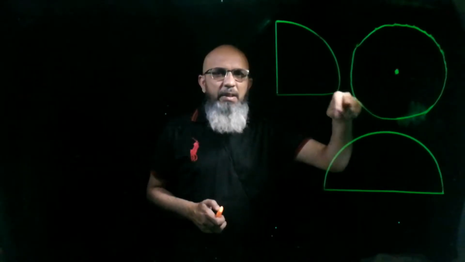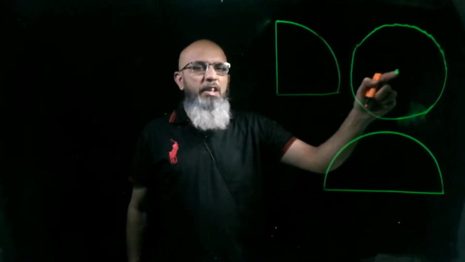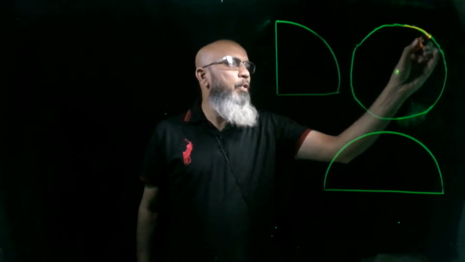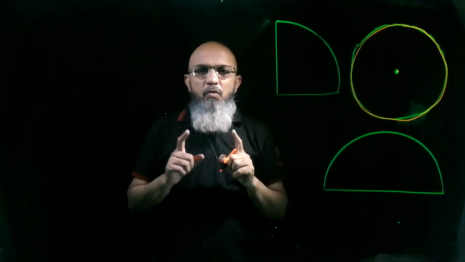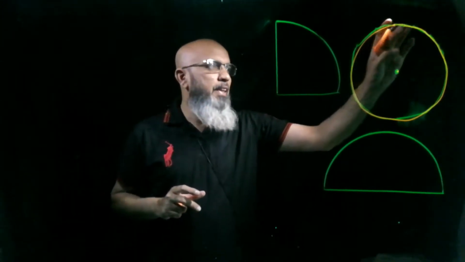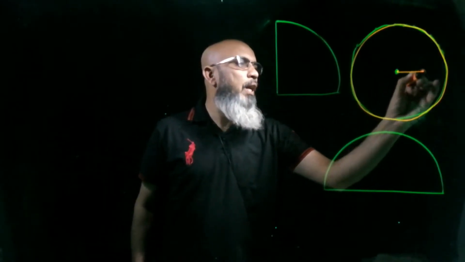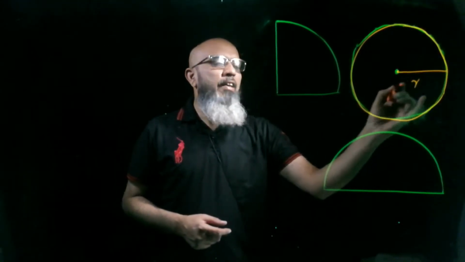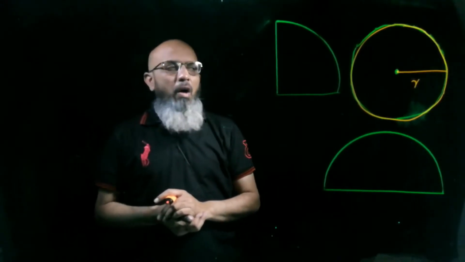First of all, what is a circle? A circle is basically a round shape with equal distance from one fixed point, that is called the center. This is called the circle, and we call it the circumference of a circle, or we can say the boundary of a circle. This is called circumference, right? The distance from the center to the boundary of the circle is called the radius, and we denote it by the small r.